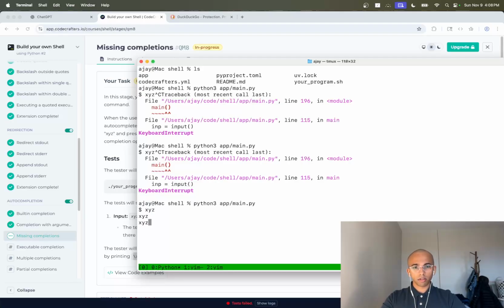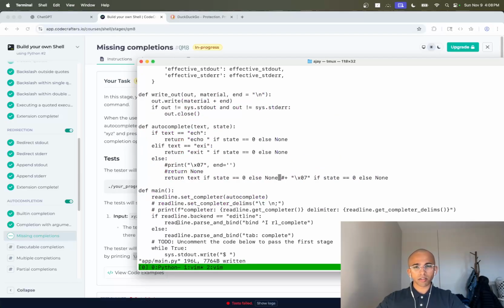XYZ, tab, right, there we go. It is responding now. So I think this is where we left off last time. So let's try to understand why this fixes it first. If state is 0, it means that we're looking for the first autocomplete. So for example, if it's ECH